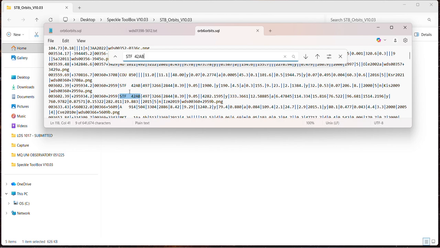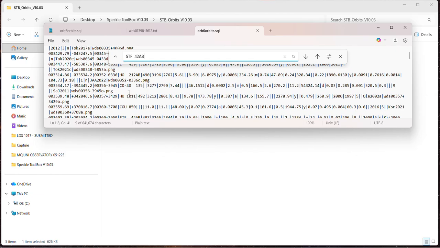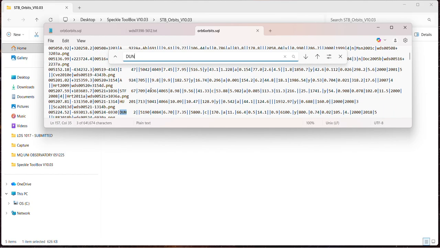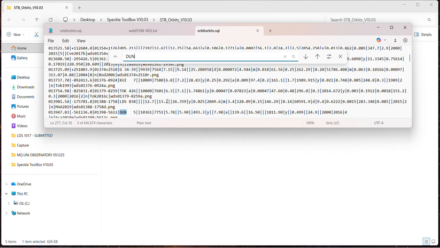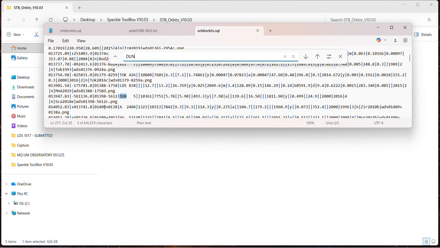Now, the other point that I'd like to raise is that the orbital parameters associated with some of these systems may be out of date. So let's have a look at, for example, Dunlop 5, which we're going to go into in greater detail. There's Dunlop 2, there's Dunlop 5. Now you can see here that there's one entry and that there's an orbit that's been proposed in 2018. If we go to the historical data file on Dunlop 5,